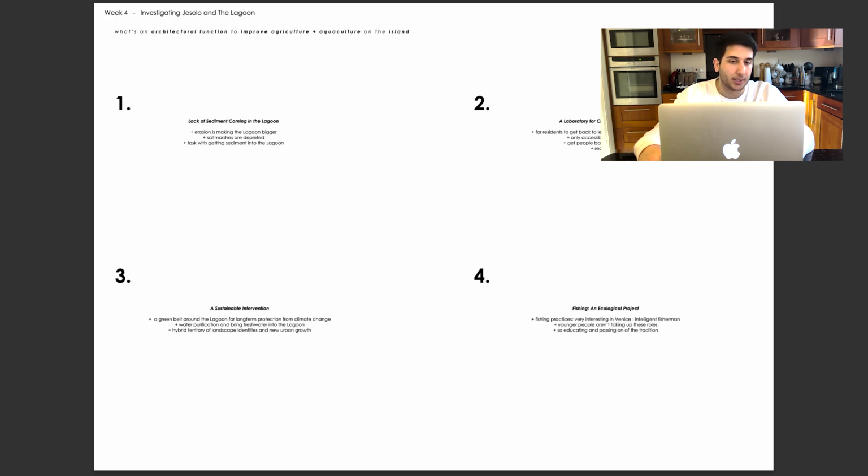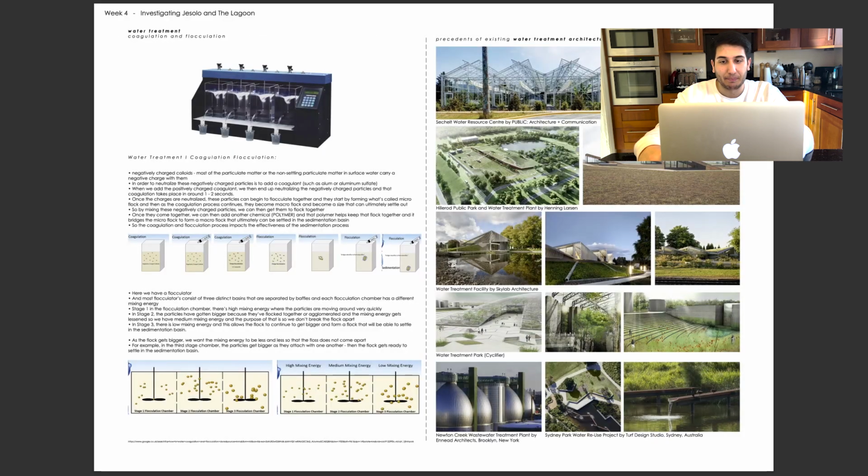The lack of sediment coming into the lagoon is a big problem, so a sustainable intervention needs to be designed in response to this. Water treatment is something that my tutor John put me onto: flocculation, coagulation, these processes of water treatment, the things that I need to be considering and bringing in, whether in different zones within the design that I create, or in other forms. So whether it's going to be interventions along the river before it even gets to my site, and how I can control the flow of the river before it gets to the building that I'm going to be making, and how that's going to impact the lagoon on a long-term basis.